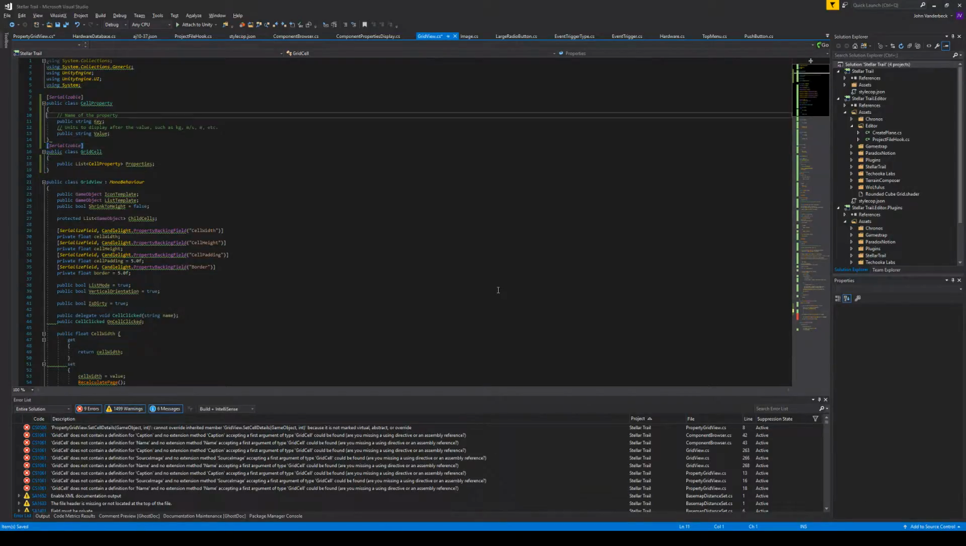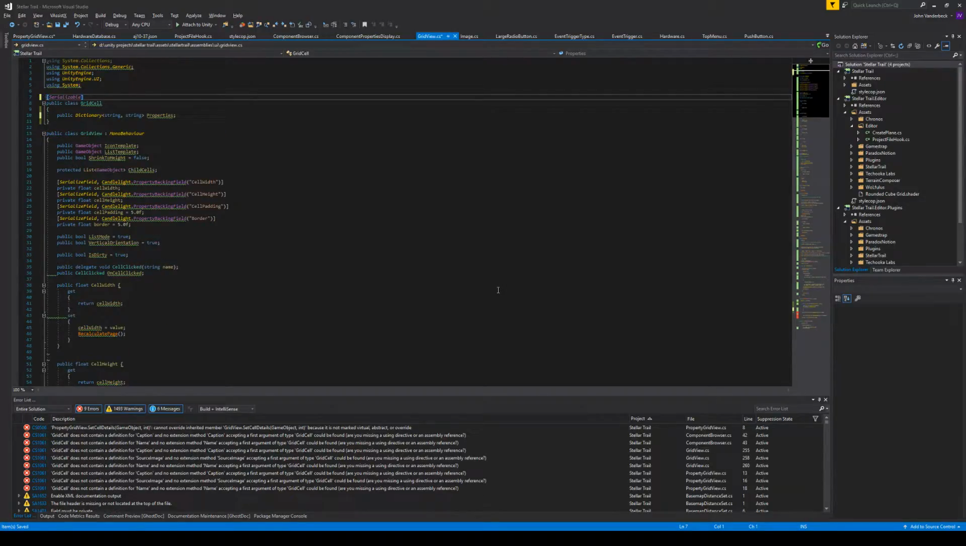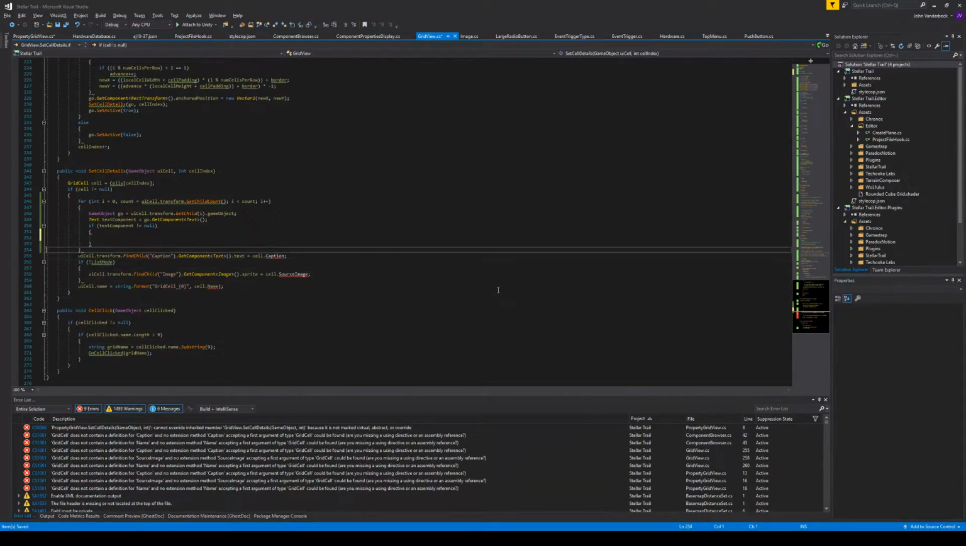I actually don't need it. Okay, so I'm going to do this. I'm going to do public dictionary string properties. Really don't need this. I mean, I don't need to make this serializable anyways, to be honest. So then go down here and then